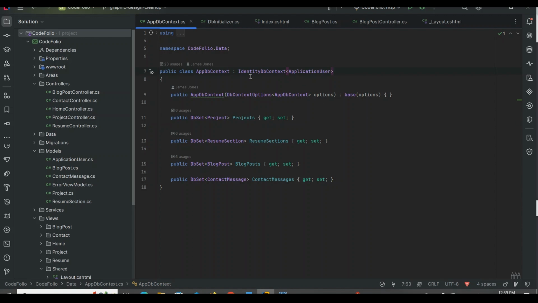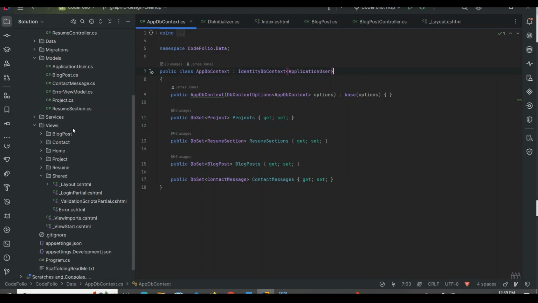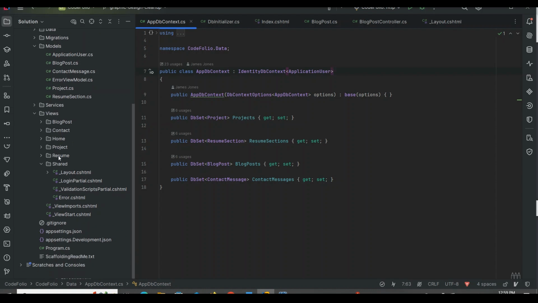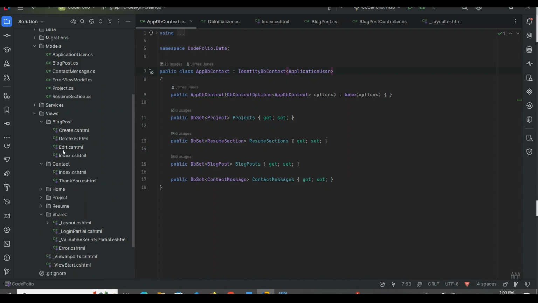So first, I'm going to take a little look at my workspace here. Here are the controllers: blog post controller, contact controller, home controller, project controller, and resume controller. Each one coincides with its model, which you see here: blog post, contact message, project, resume, and with its views. Down here, blog posts, contact, home, project, and resume, which you can see each one has views inside, some with